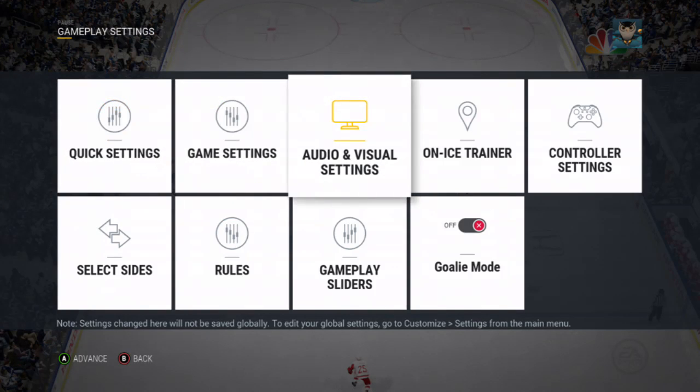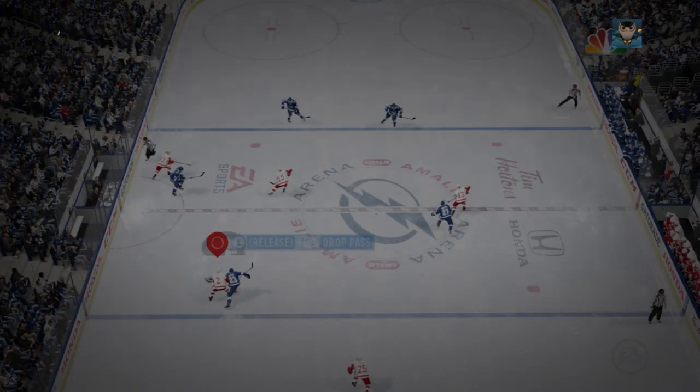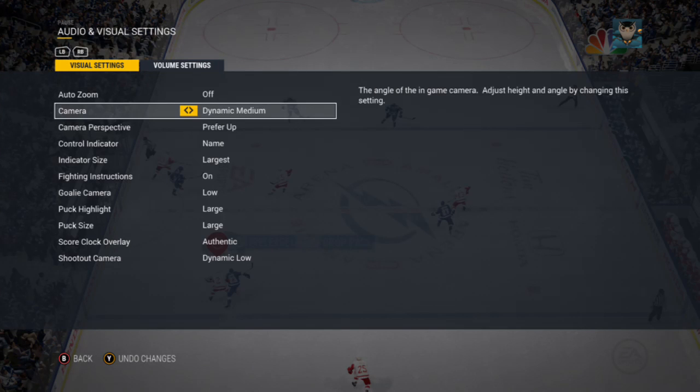your camera's probably the default cameras, which I think is dynamic high, dynamic medium, maybe. And while they make the experience enjoyable, because the camera's moving around and it's dynamic, like it says, it's dynamic. It's fun, but you might have a hard time seeing things, seeing the play. Like if there is a guy,